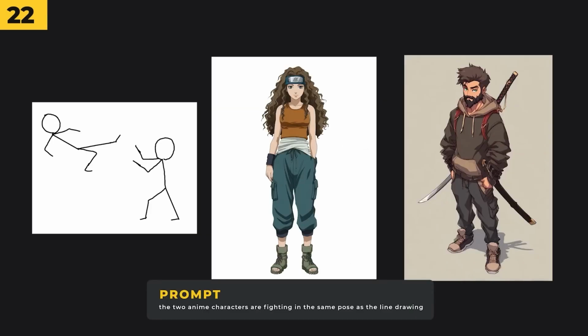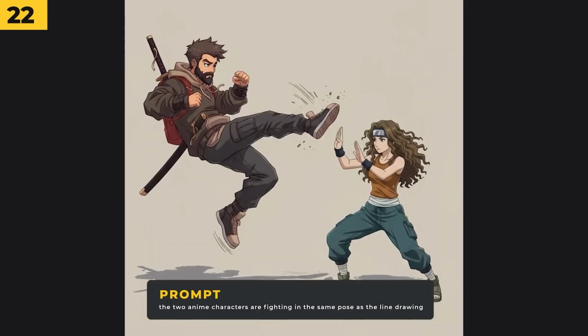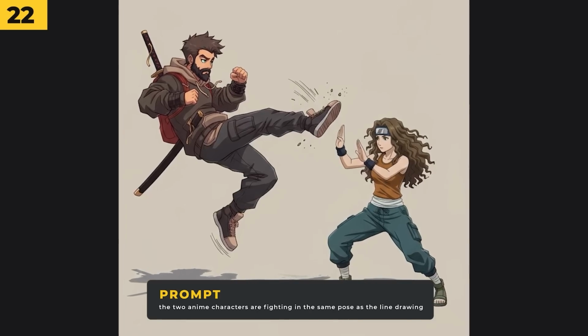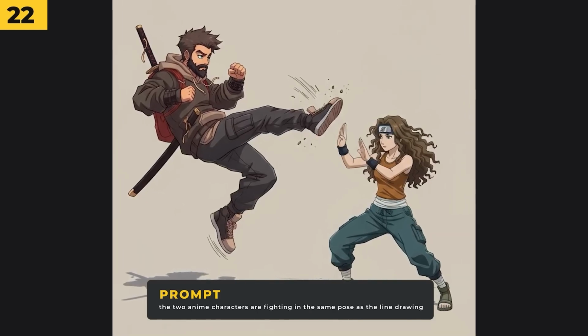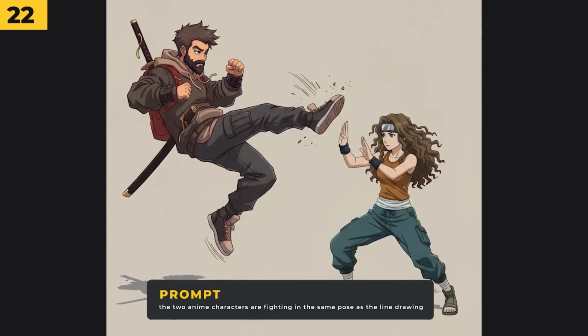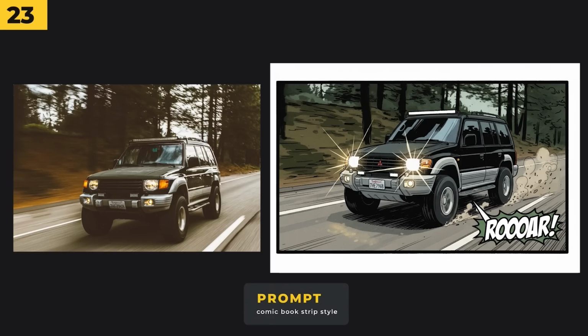You can even use your own sketches as references. So I did this very simple sketch of two characters fighting. Then when used with reference with the two characters, it managed to put the characters in the same pose as my simple drawing. This is going to be very powerful for creating really complex poses. It works really well at turning things into comic strip styles. It even added in some text and a comic book panel rectangle around it, which I think is a really nice touch.